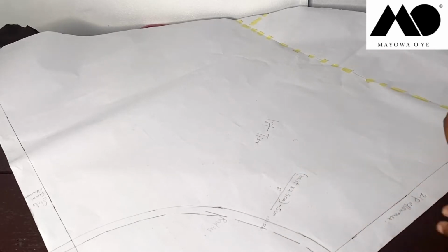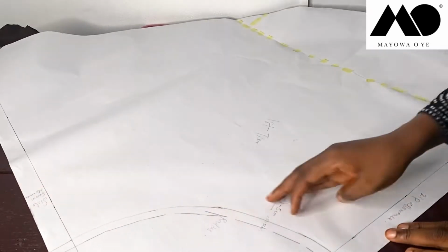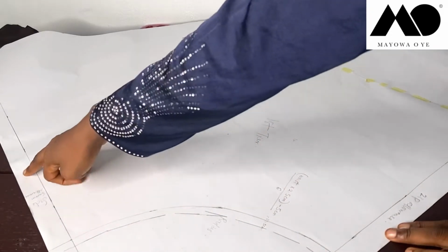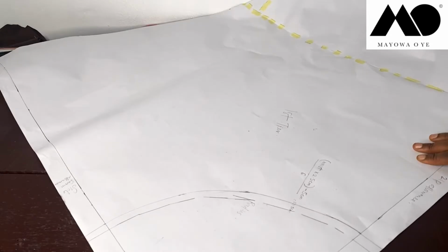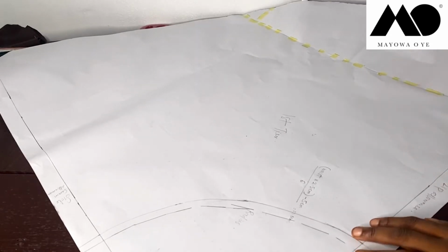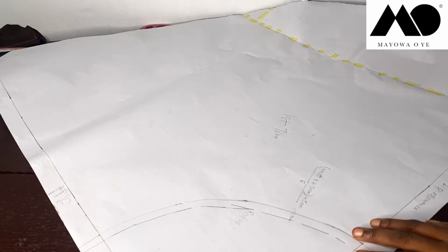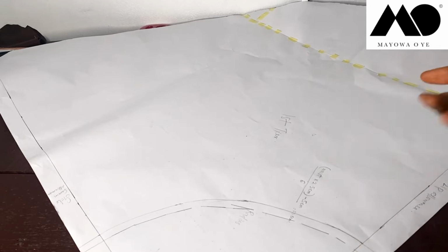This is still my zip allowance. This is my side seam allowance. This is ½ inch, this is 1 inch, this is 1 inch. So for the second tier, all you have to do is measure around the circumference of this, that is this bit here. You measure it round, then you multiply by 2, and then you cut a long